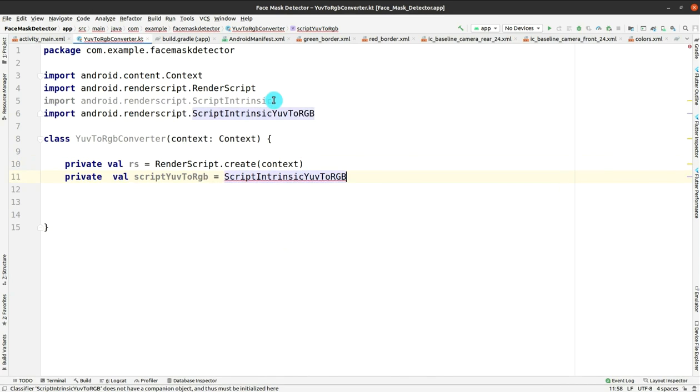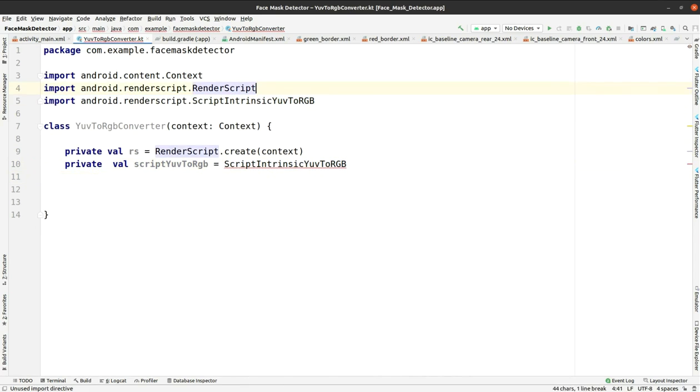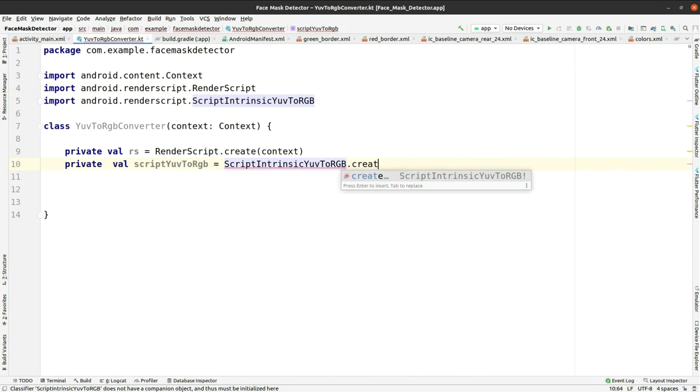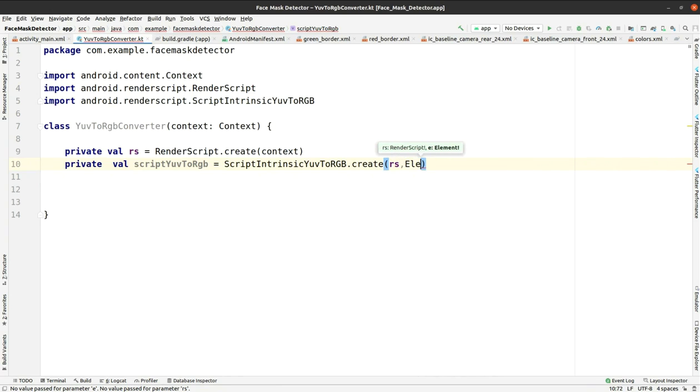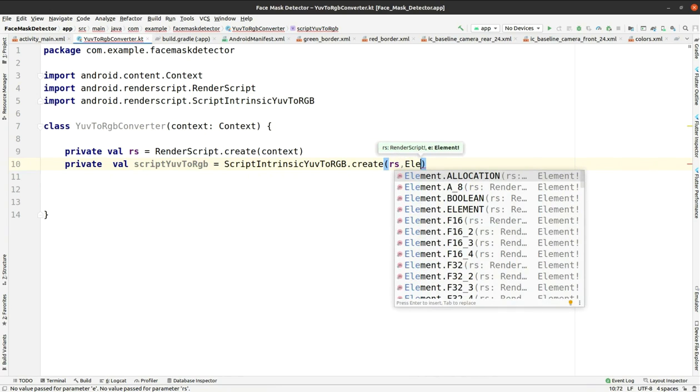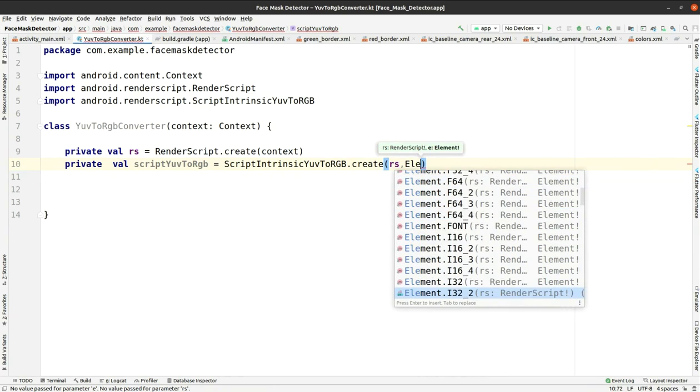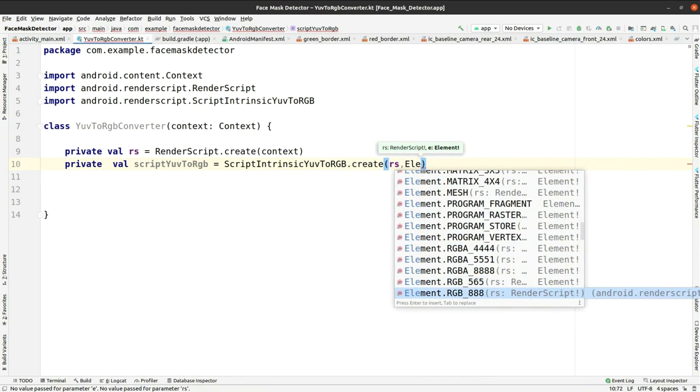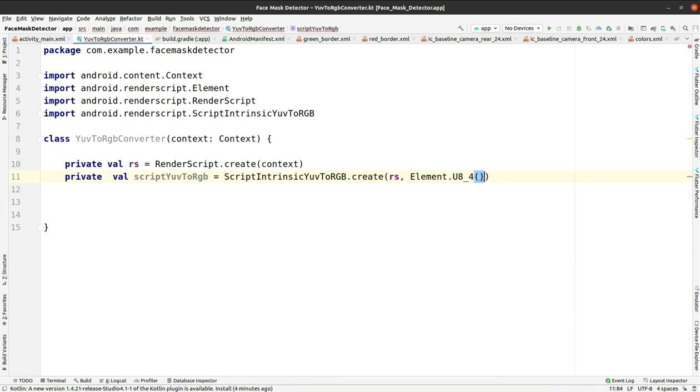dot create. Let me remove this. Okay, now dot create, and you have to pass rs and then Element dot U8_4. Okay, so here, then again rs. Okay, so now you have to take the pixel count also, as this class will also be